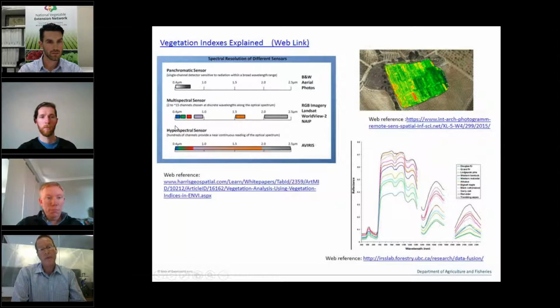What we're doing is, and this is red, green, blue, so that's the color spectrum that a camera can take and you can see. This is the hyperspectral image that we're working in, or the reflectance wavelength, which goes from 0.4 nanometers all the way up to 2.5, so it's non-visible. So the question is, can we use that reflectance of light, electromagnetic radiation, from the leaf to determine if there's a disease present? If you look at the schematic here, just to try and explain that a little bit,